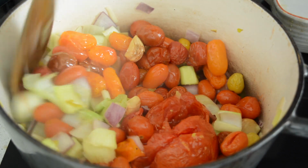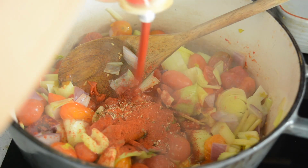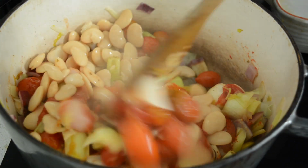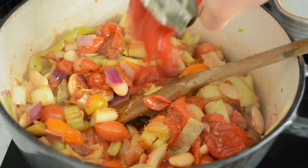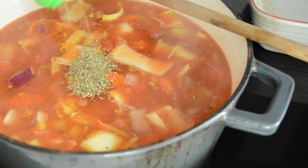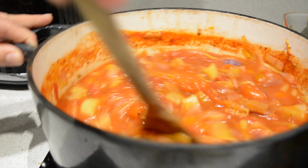For seasoning, I used some Italian style seasoning and paprika. I also added some tomato paste, and to make the soup more filling and add some protein, I added some butter beans. Lastly, I added a can of chopped tomatoes, a veggie stock cube and covered with water. I also then decided to add some herbs de Provence, as I thought it could do with a bit more seasoning. I let it simmer for a few hours on low heat, and when I was ready to serve, I